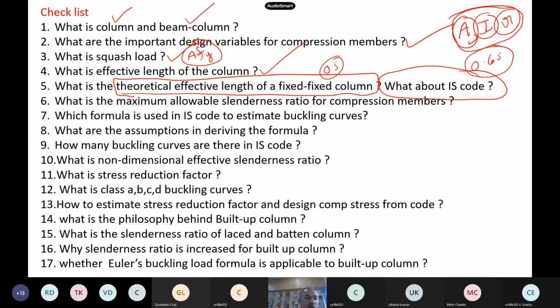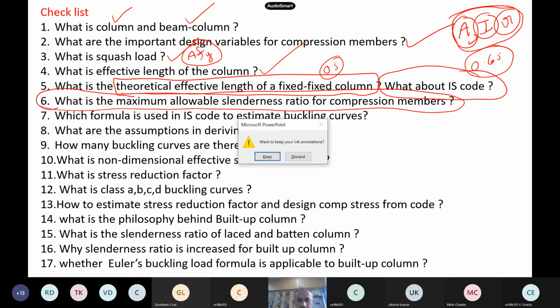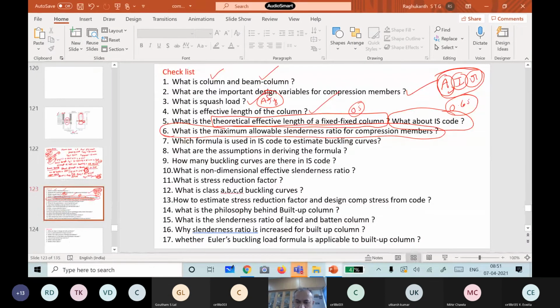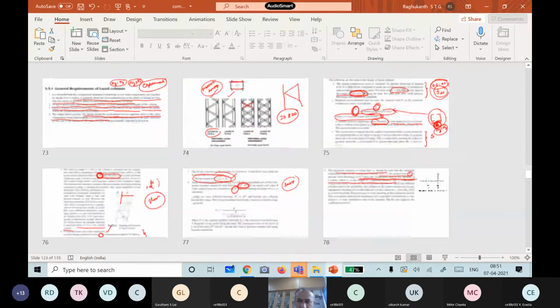Now, what is the maximum allowable slenderness ratio for compression members? You remember one table I used to show long back. Do you remember that or not? This is a very important thing. What is the maximum allowable slenderness ratio? You remember that table?